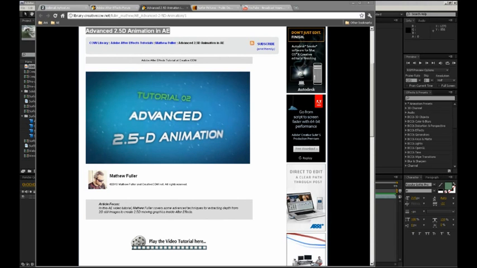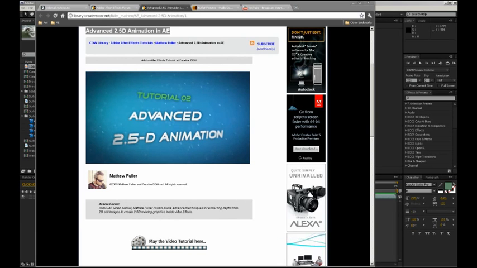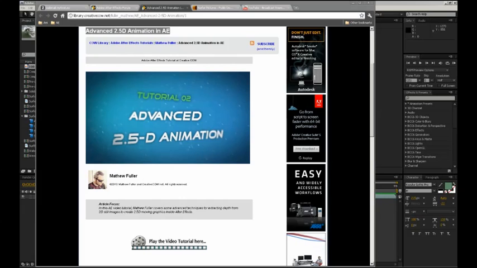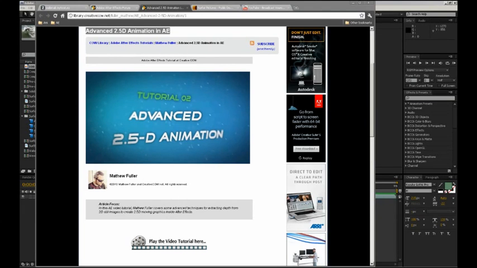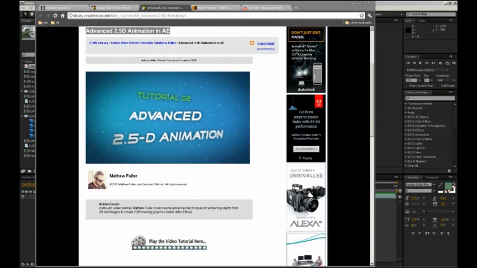And I ran into the same problem with camera moves as he did. Pretty much you cannot move the camera too much. You can travel in or travel out of the image. If you start rotating the camera and moving it left to right too much, then you will notice that you only have a bunch of 2D planes floating in 3D space, and that will shatter the illusion you're trying to create. I wanted to see if I can come up with a technique that will allow me to move